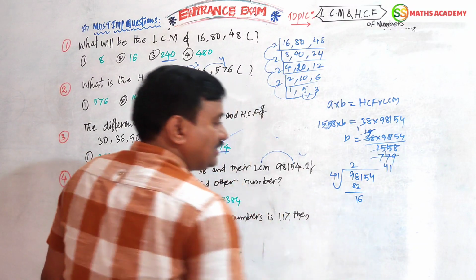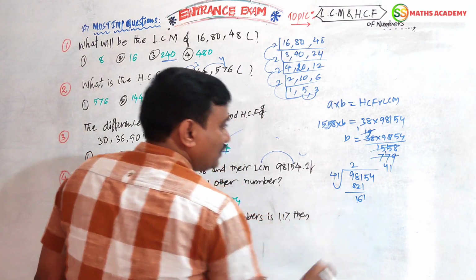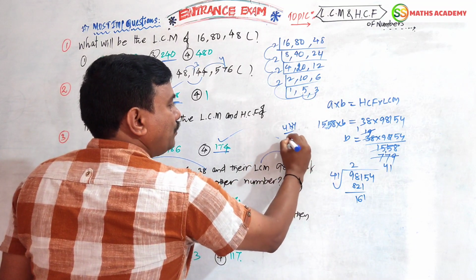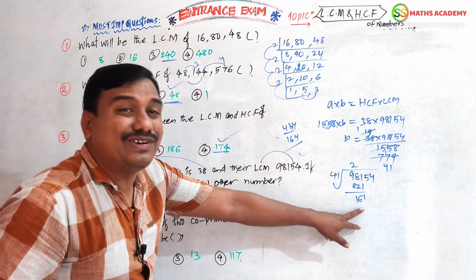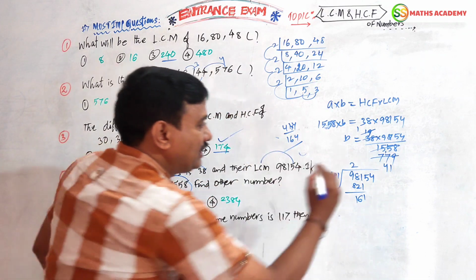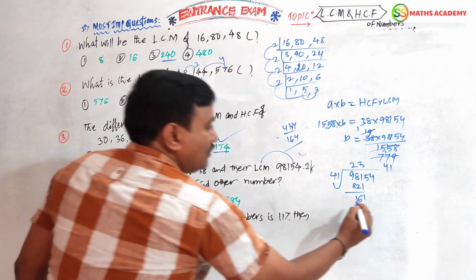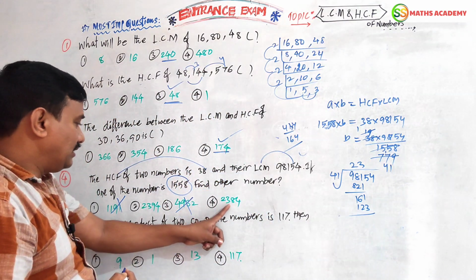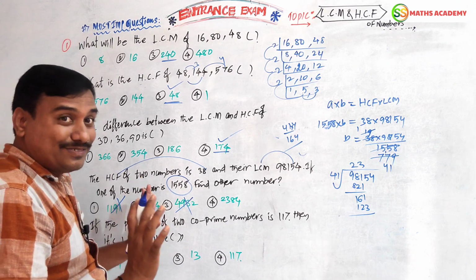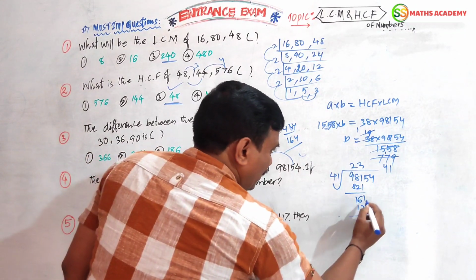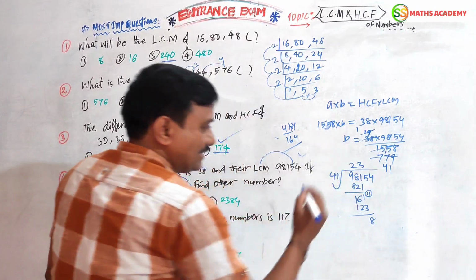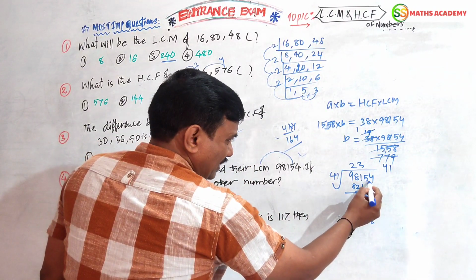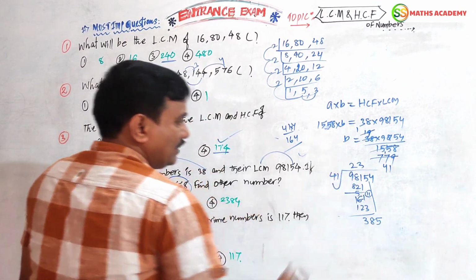Now remainder 16. Now take one number. 41 fours is rough work. 4 ones are 4, 4 ones are 16, 164. Here what is there? 161. 4 is not possible. 3 is 123. 41 threes are 123. Here 3 is there. Now carefully, remainder 11. 11 minus 3 is 8. Here 5 minus 2 is 3. 38, take 5 down as it is.